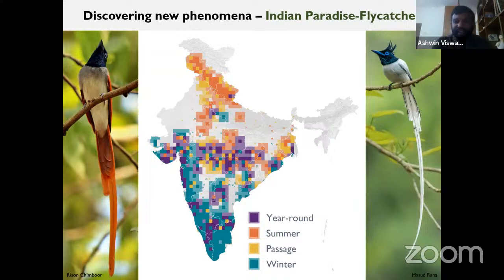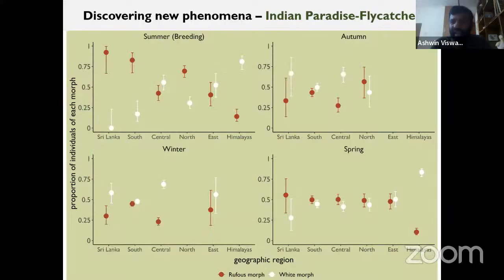So I'll show you now one slightly complicated graph. And I think you must have had some experience going through graphs earlier in the course, right? Okay, so I understand that people have looked at graphs, but I'll take you through this graph. So this graph is divided into four panels. There's one for summer, one for autumn, one for winter, and one for spring. These months are not important. It's just the year divided into four equal parts.